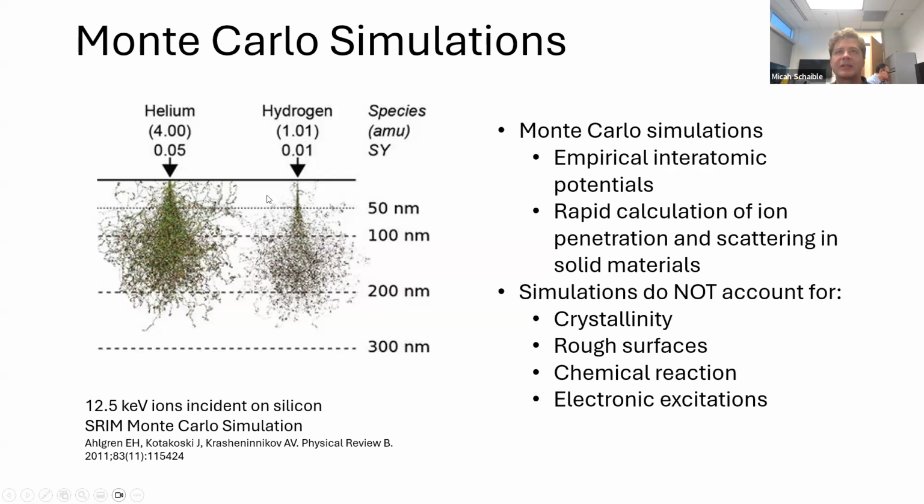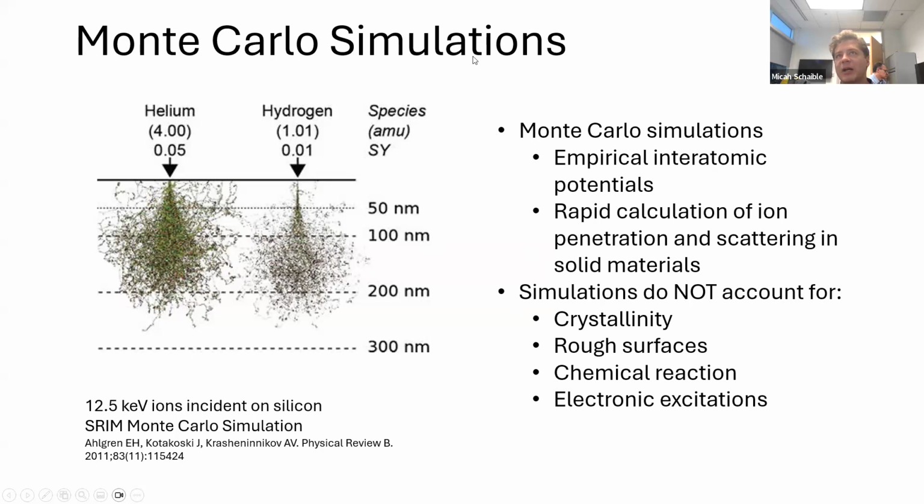And the sputtering yields depend sensitively on the surface binding energies of a given species. And so this is something that a lot of folks have been working on in MD simulations to better understand what these surface binding energies are for a given elemental species in a crystalline matrix. And so a lot of work is going on in that, but we use these empirical potentials to then estimate what the sputtering yields would be.